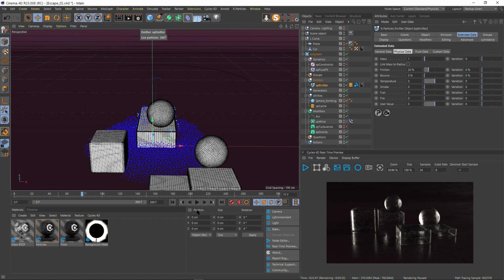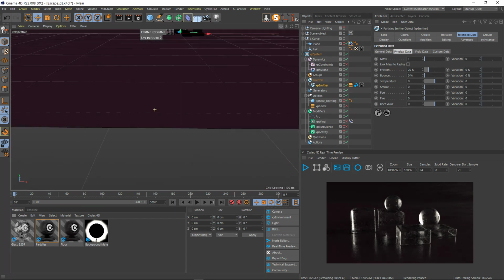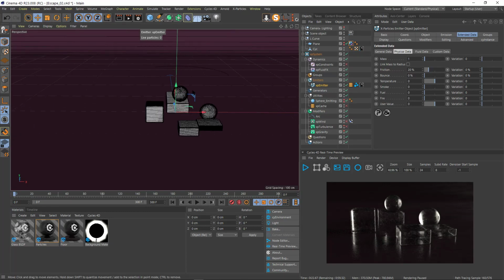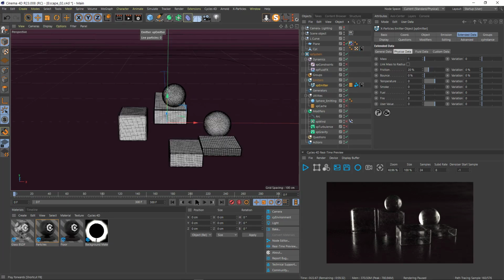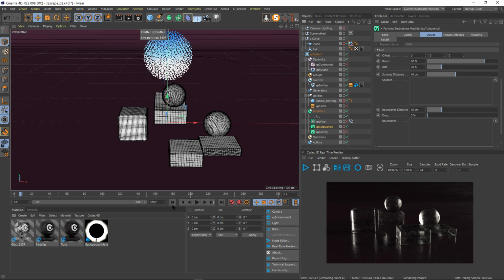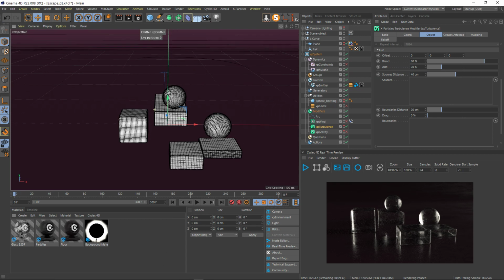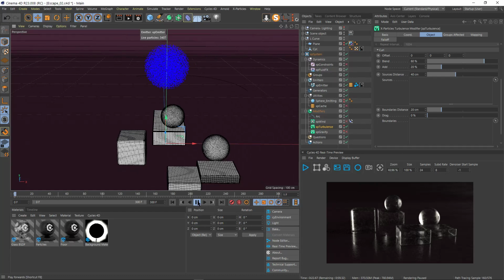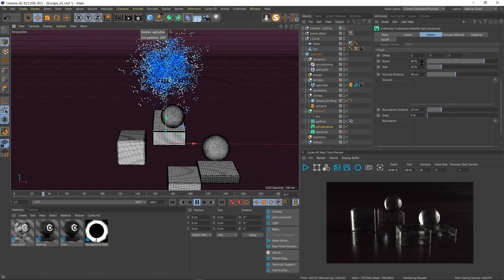Then I wanted them to behave in a different way than that. I wanted them to be a little bit animated in themselves, not just to fall like this. So I started to play with turbulence, and I found a setting that pleased me, and I kept it ever after. So that was my setting. Not too much, very small